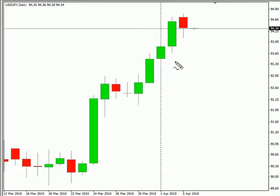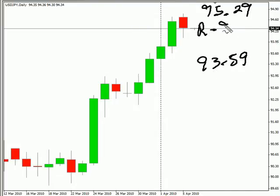We are looking at the US-Japanese yen pair. This particular pair closed down during today's session. We are looking for this pair to continue moving to the upside with a bias that is up. Look for it to potentially go as high as 95.29, possibly as low as 93.59. Look for some resistance around 94.85 and look for some support around